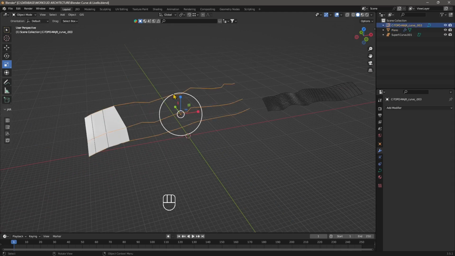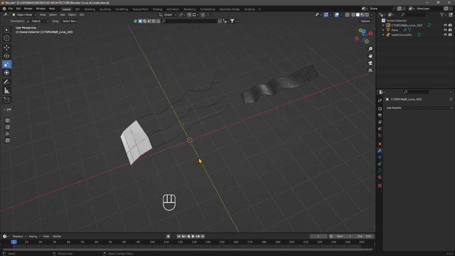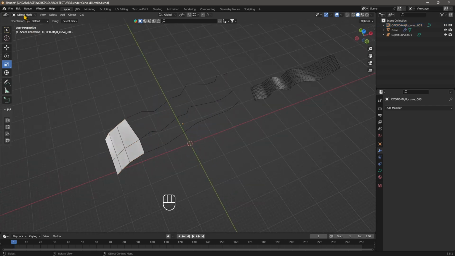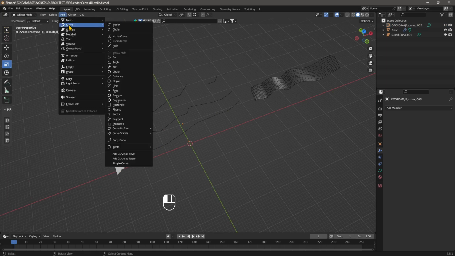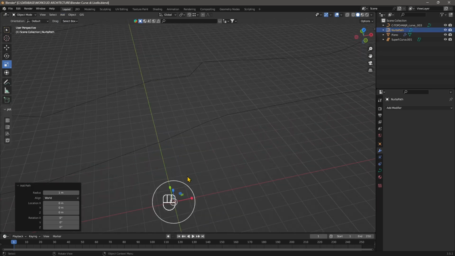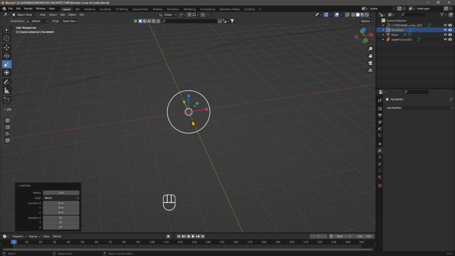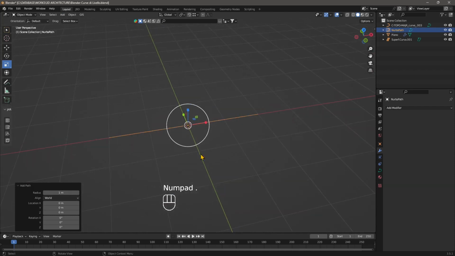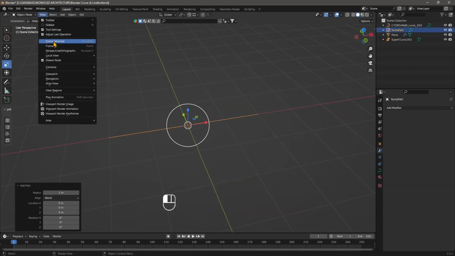So here I just created the curves instead of getting them from an existing landscape. And to do this, we can go to add curve, and you can use any curve that you like. You can use a path. You can use whatever you want. So now this is really small. So to quickly go there, I will press the dot in the numpad, or you can use view frame selected,